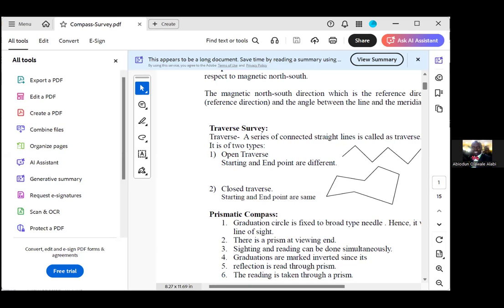Compass surveying. We said in compass surveying, we deal with measurement of distance and bearing. We use chain or tape for the distance measurements, and for the bearing we use what? We use compass. Okay. For compass